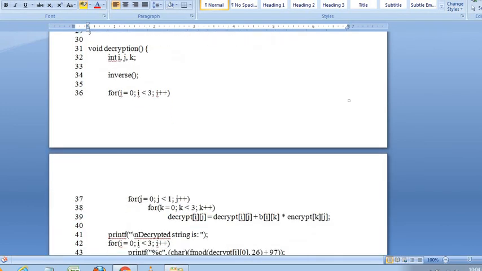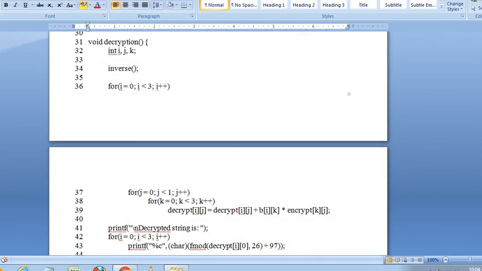So what about decryption? Decryption is nothing but, I already told the same thing. Here another one is the inverse function. We need to find the inverse key matrix. After finding the inverse key matrix, we need to take mod, and again we need to multiply with the ciphertext. After multiplication we need to divide by 26. That is what they mentioned with the I, j, k input values. Next we need to take the inverse function. This is the inverse function call.